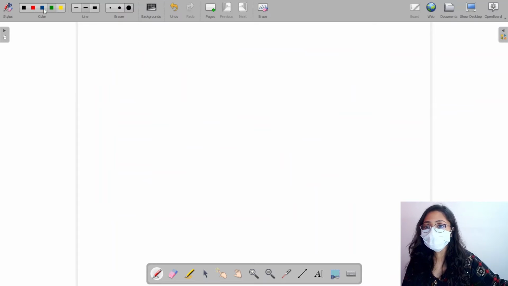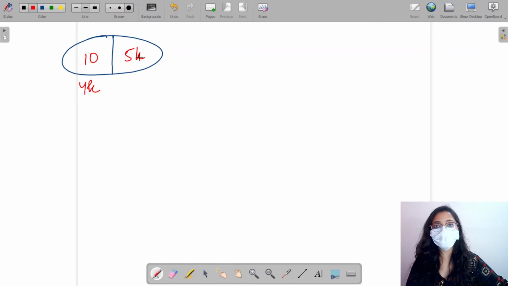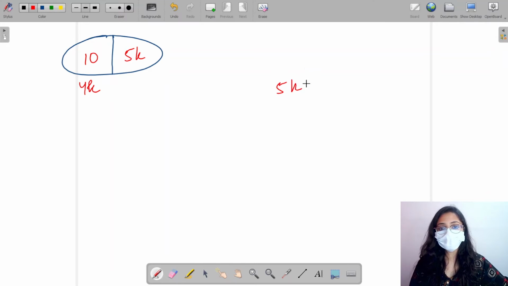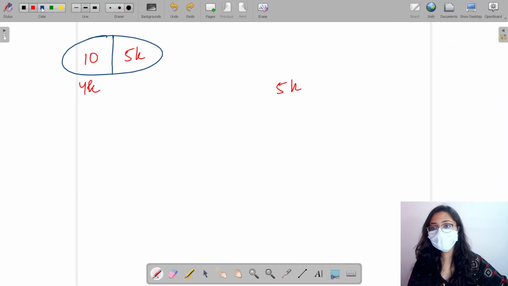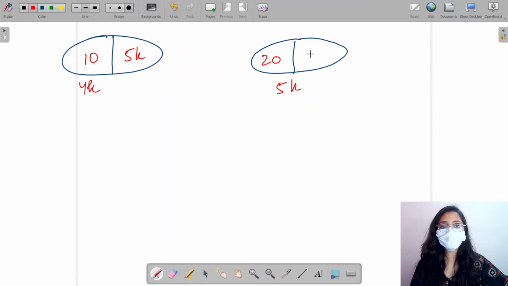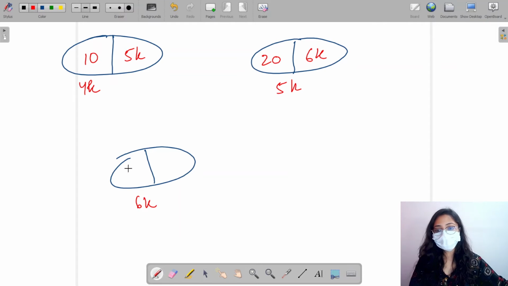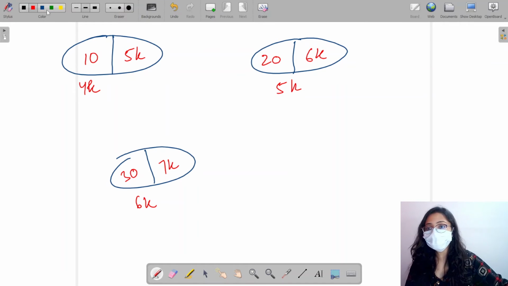Let's see this on a white page. I have something like this. So I have 10 and the address is 4K. I have stored 5K over here. Then I have a 5K node. This node, the value is 20 and it is storing 6K. Then I have somewhere over here, this data, the address is 6K and it is storing 7K.